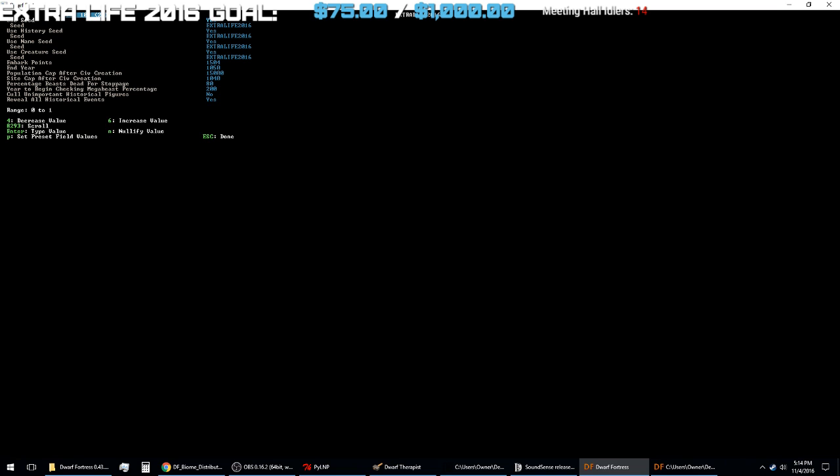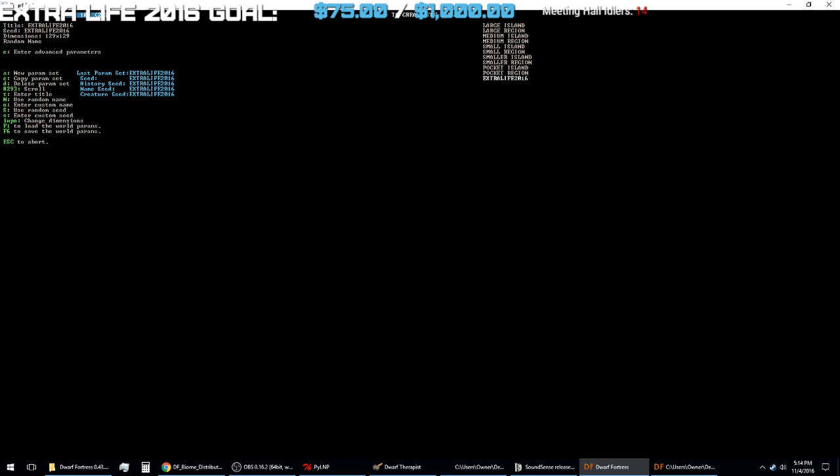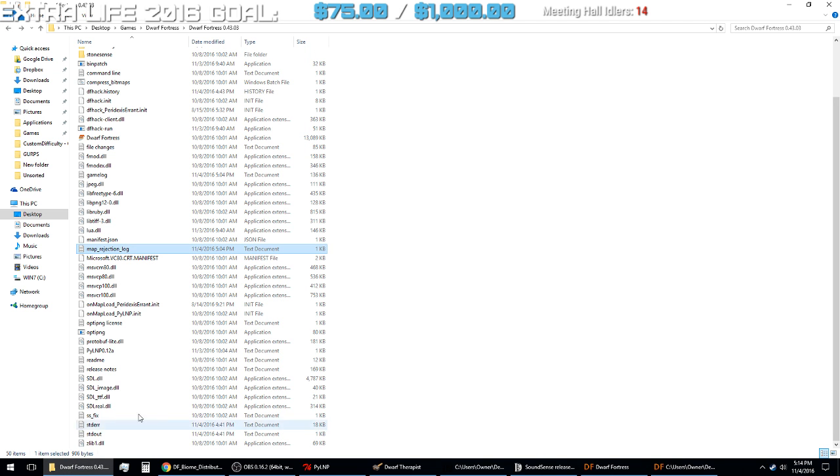Let me know if you guys notice that all of a sudden it's en masse, you can't see it, but try a refresh first. Now that we've touched all of our seeds, I'm going to hit escape here, and I'm going to hit F6 to save our parameters. Now what that's doing behind the scenes out here in your Dwarf Fortress folder is creating the World Gen seeds